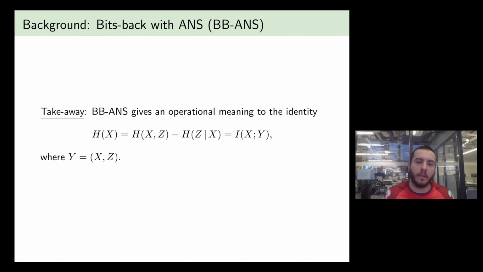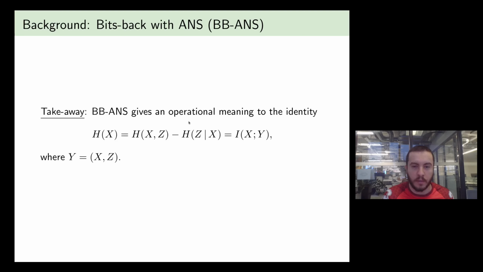Now, the takeaway message here for BBANS is that in the same sense that, for example, entropy gives an operational meaning to lossless compression, BBANS gives an operational meaning to this identity. So you're interested in compressing X, but you don't have a code.